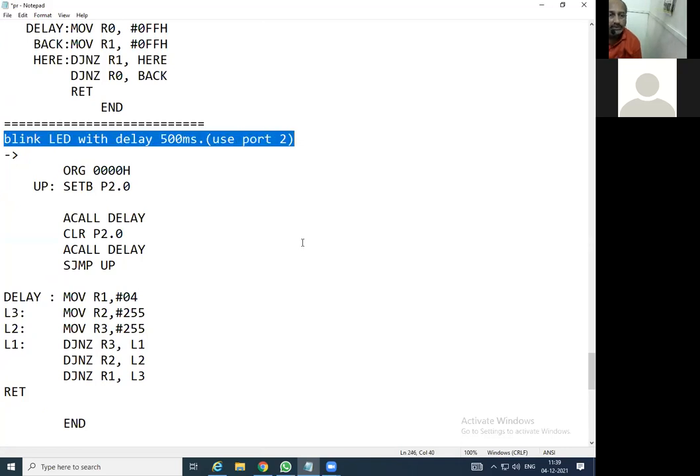Write the ALP, sometimes you might have observed, assembly language program, ALP. Write ALP for blink LED with delay 50 millisecond. In that way, you can note down this particular program statement,